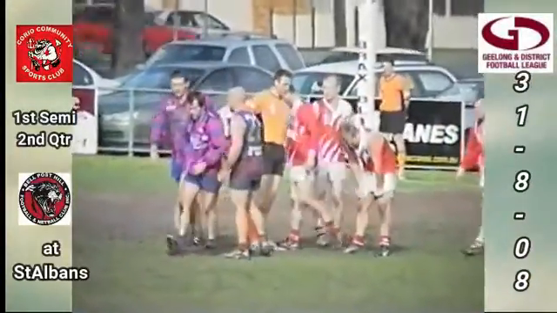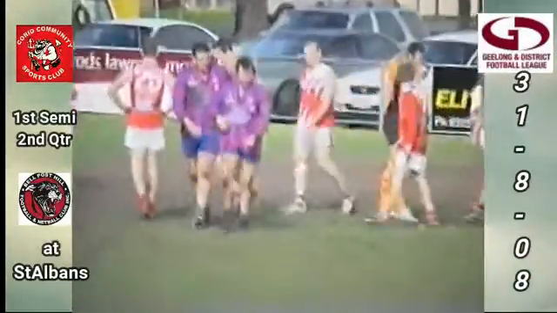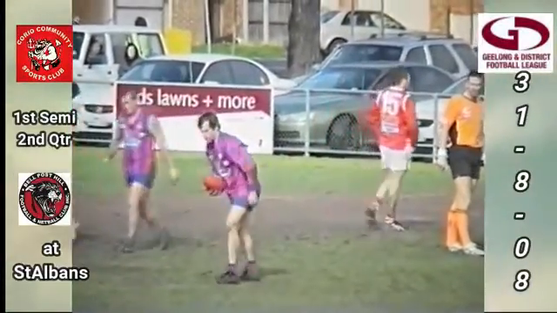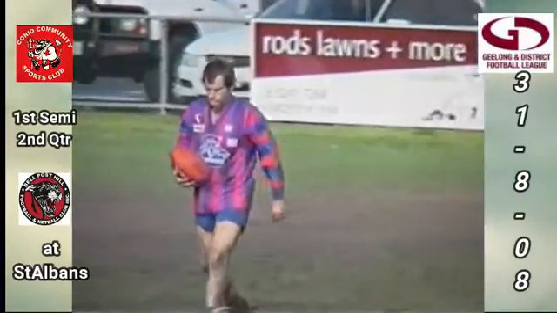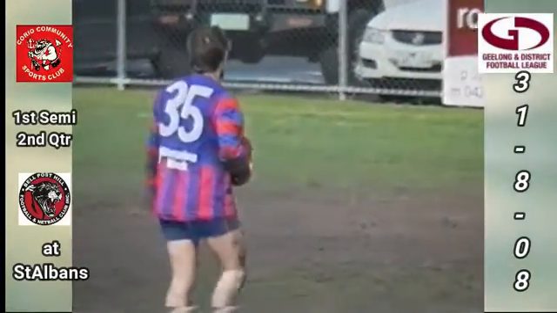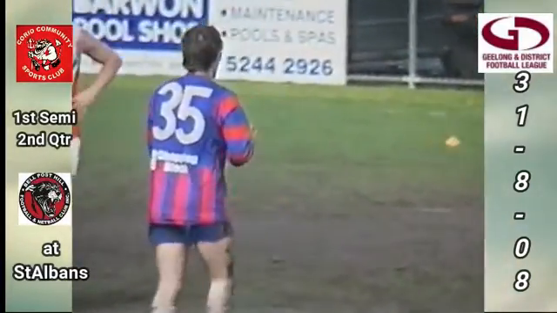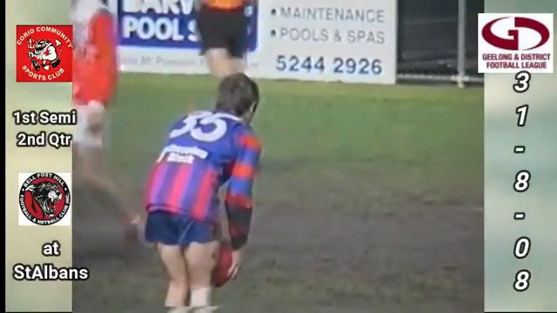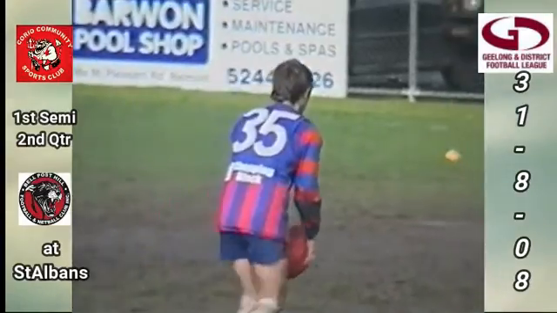Only about 20 metres out from goal. So he knows when to lie down, Bev. Don't worry about that. Usually a reliable kick at goal too. So we'll go back from 25, almost directly in front, and try and increase this existing lead for the Bell Post Hill side. At 3 goals 9 it stands at the present time.